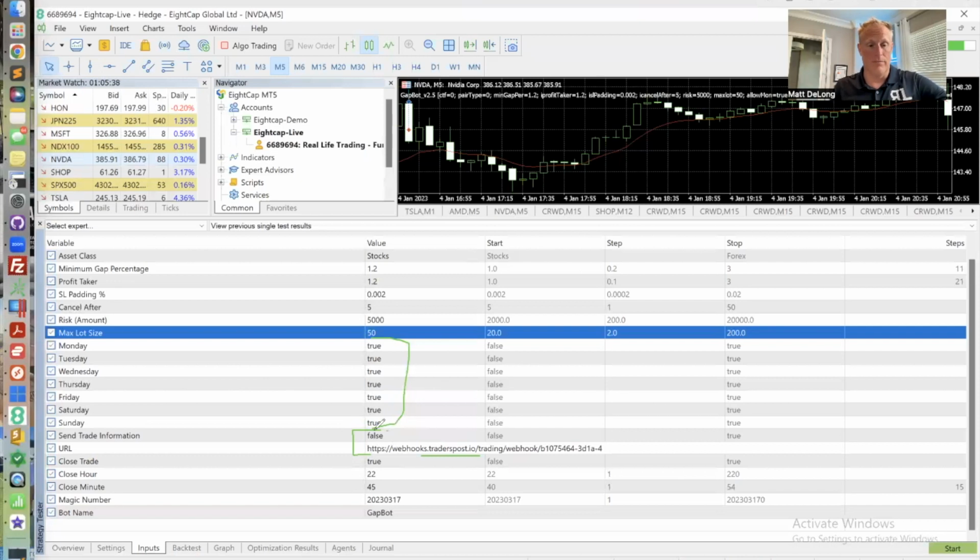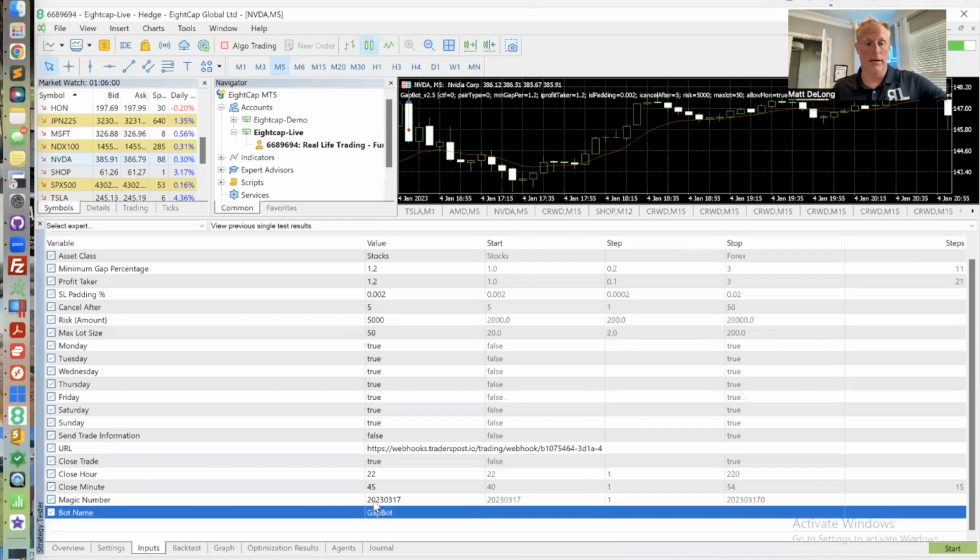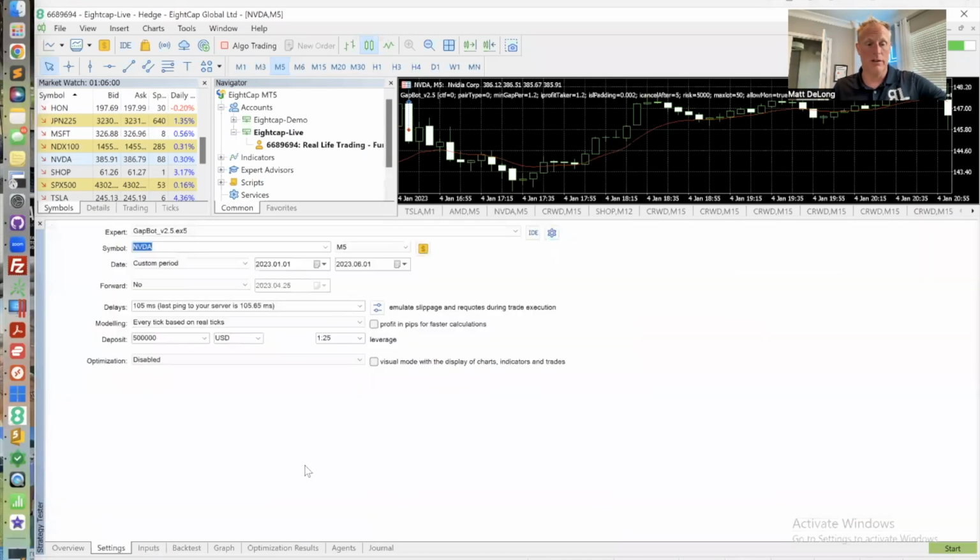In this case, for demonstration purposes, we have it turned off. And then finally, we do have our closing trade. As you guys know, at the end of the day, if we haven't hit our profit target and we haven't hit a stop loss, it's just going to go sideways. We want to make sure that we don't let those turn into a swing trade, unless you plan to let a day trade turn into a swing trade. Our serial number is what we call the magic number, and this is called a gap bot. So what I'm going to do is run this real quick